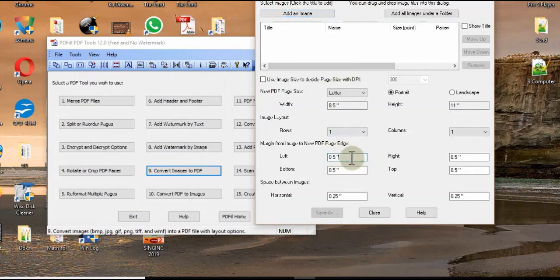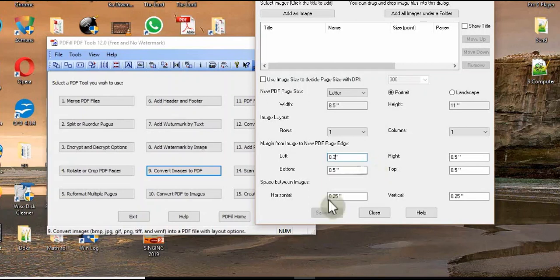This is actually called a text box. You can clearly pause the video and check. 0.5 inches is written here. Now I am trying to alter the value. So what can I do? Erase this 0.5 and enter 0.2. This is actually a text box. I hope you can clearly understand.